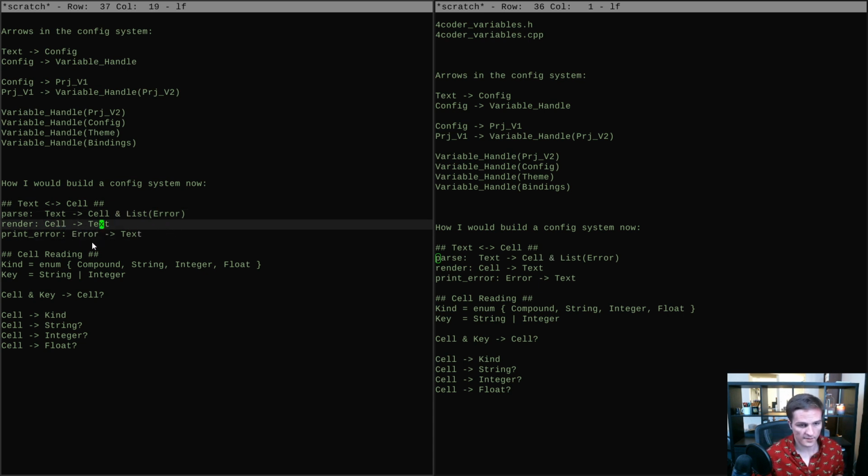A cell can go back to being a text file. An error can go to being text. When we are